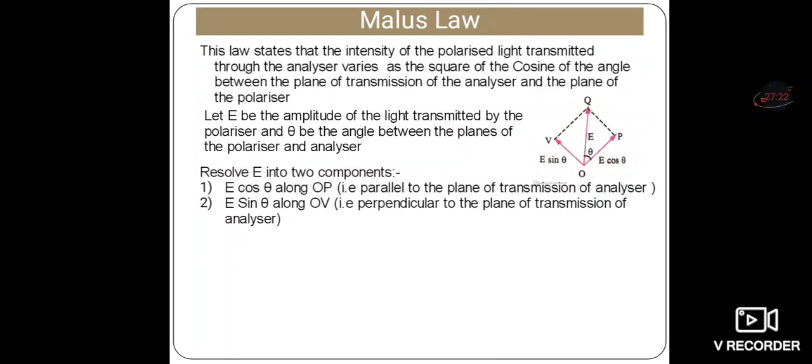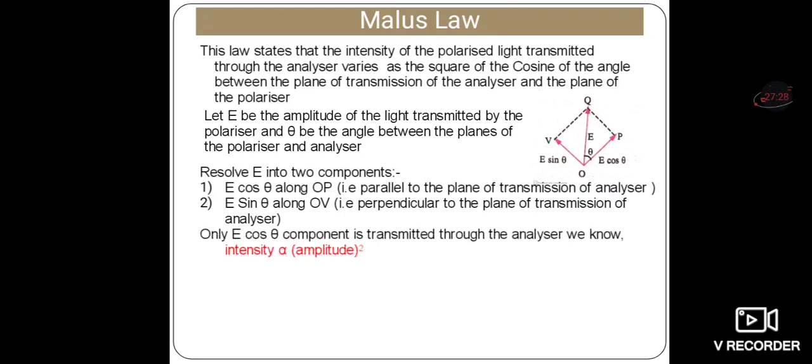Already we know that if it is perpendicular, we do not get any light; the amplitude becomes 0. So only one component is left, that is E cos theta along OP, which is transmitted through the analyzer. Therefore, we already know the intensity is directly proportional to the square of the amplitude, according to the Malus theorem. So the intensity of the light transmitted through the analyzer will be given by,